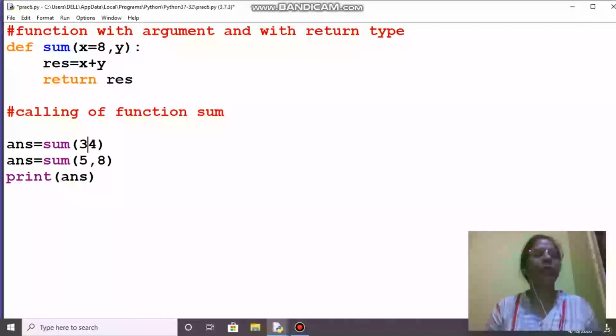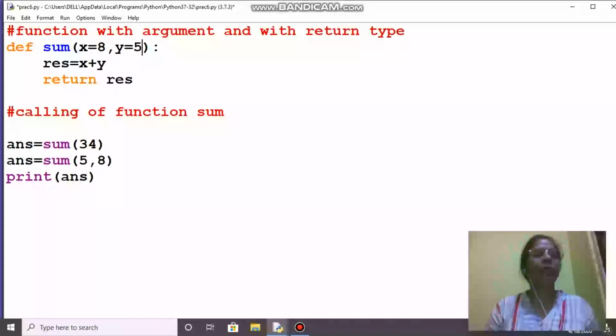Because this first value will be given to x, what will be the value of y? So this is the problem if we are creating any left argument or middle-order argument as default. If we want to make x also a default argument, then we have to make y also, both. This is correct. Now it is correct.